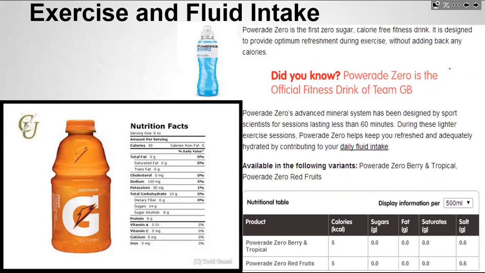And last thing here, when you are taking in any kind of fluids during exercise, your body is still going to absorb fluids at a rate that's similar to what it would do when you were at rest.